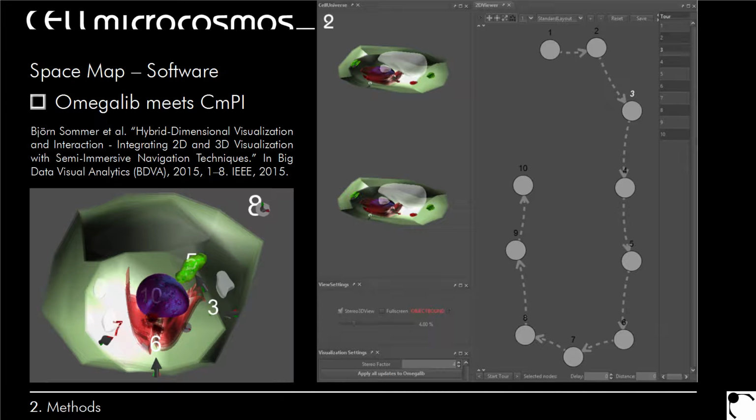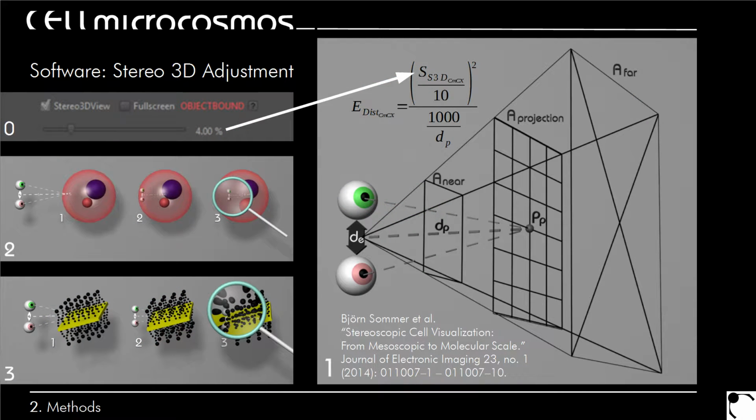So you see here that you have these different tour points, and also here you see the 2D representation of these tour points, which is, of course, a more traditional representation. And here you see also just a list. All this we used for the evaluation. And here you can also see how you could optimize the stereoscopic effect. So now on the next slide, you actually see the approach of our stereoscopic adjustment.